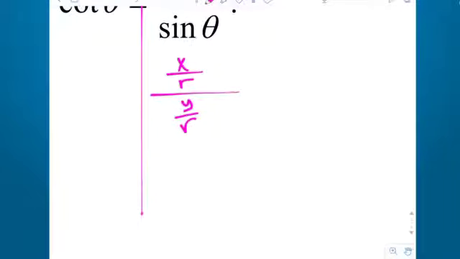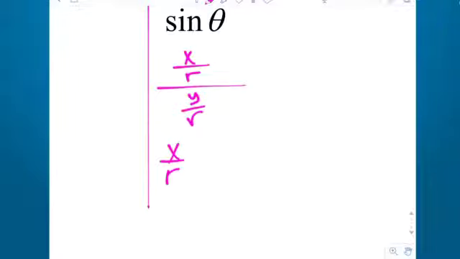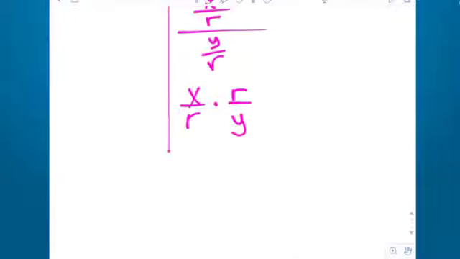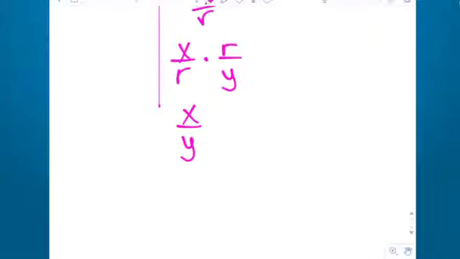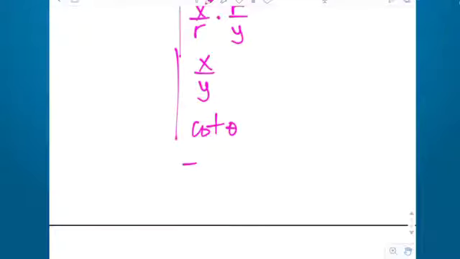Hey, complex fraction, right? Same change flip, you could do that. So that's x over r times r over y. That would be property of division. Now what happens with your r's? They divide out, okay? And you're left with x over y, and that would be division property again. R's divide out. And now what is x over y the definition of? Cotangent of theta. Is that the same on the left? Yeah. So you can sign it off with something like,